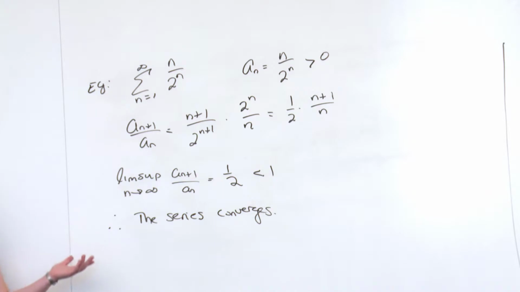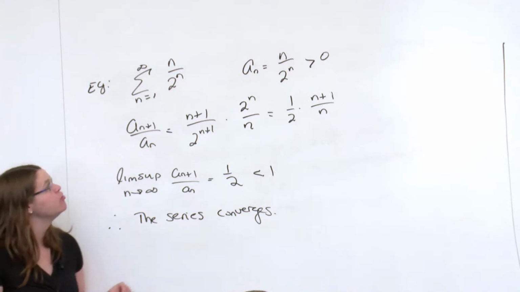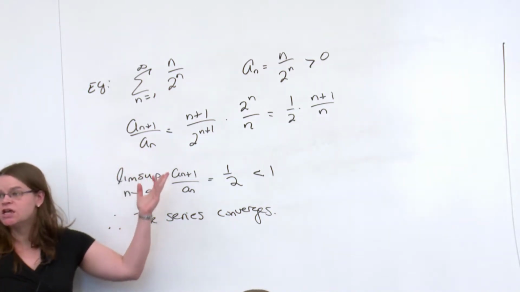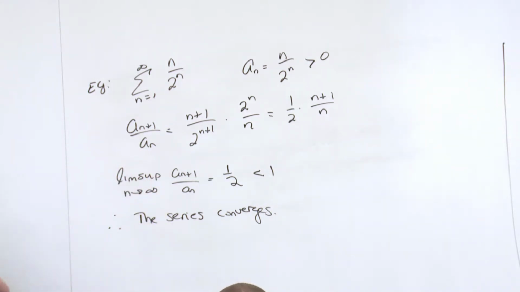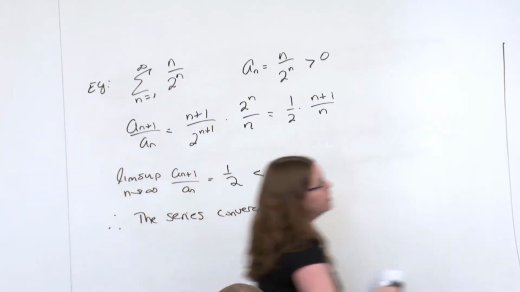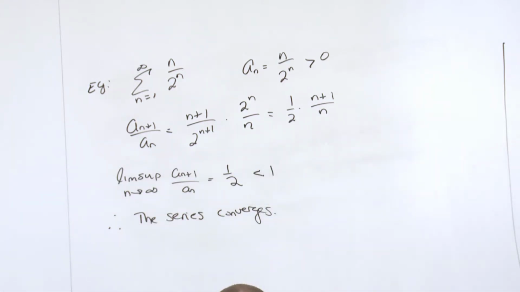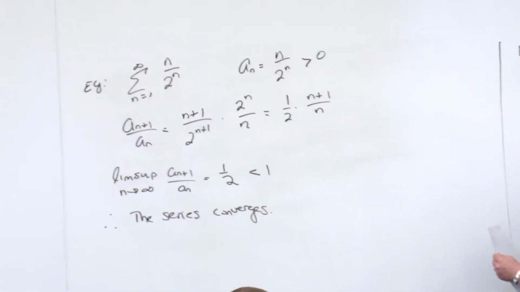Okay. Again, this kind of example you should have done before. Now, there are other examples where this limit doesn't exist. We have to really look at the limit superior or the limit inferior or both to make a decision. Okay, so for example, let me take this series